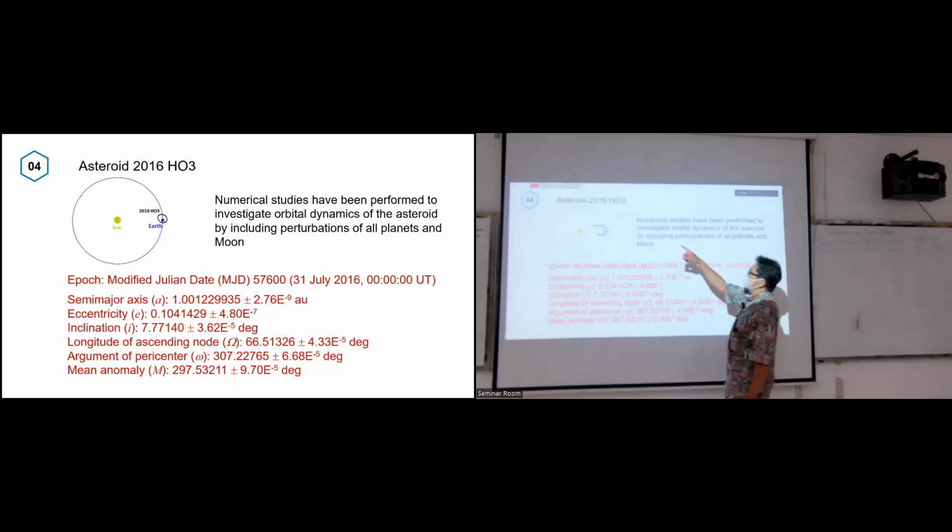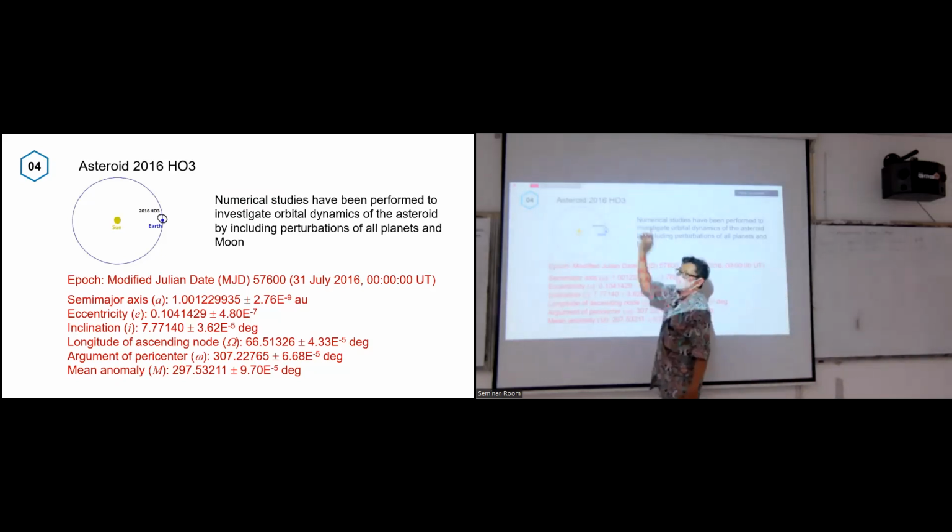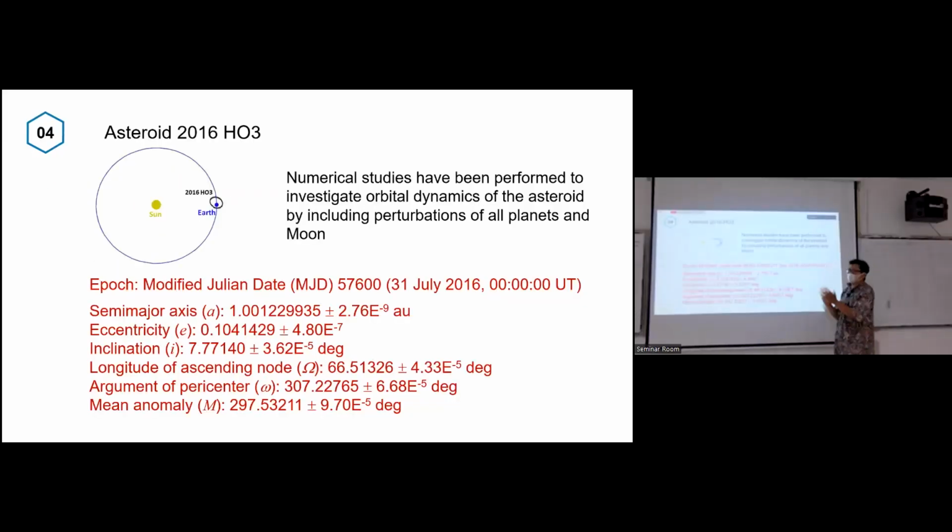Asteroid 2016 HO3. This is a special kind of orbit. This is the Sun. This is the Earth.